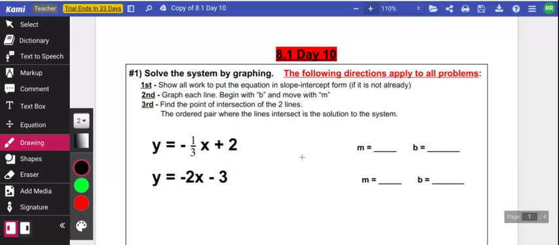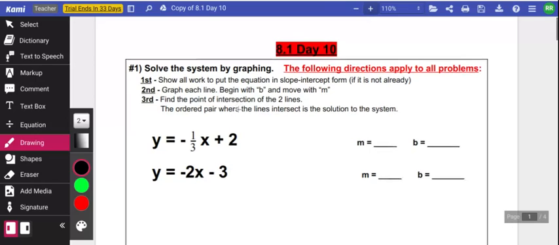Okay, I'm here in 8.1, day 10 CAMI assignment. We're still solving systems by graphing. And number one here, these directions apply to all problems. So if the equations are not already in slope-intercept form, you need to show all of your work to get them in slope-intercept form. And then when you graph each line, remember to begin with B and move with M. Find the point of intersection if there is one, and where the points intersect, that ordered pair is the solution